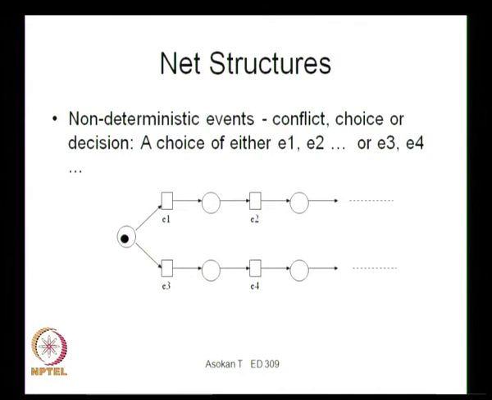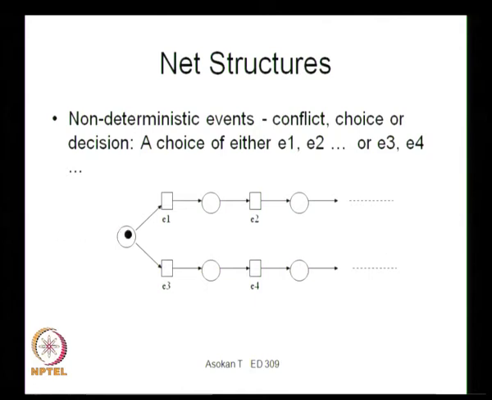So in this situation, only one of these transitions can take place. Then E1, E2 etc. will happen, or if this is started, then E3, E4 etc. will start. So not concurrently, only one group will be executing. As you can see here, if E3 event is happening, then E1 cannot happen because there is no token available here. So E1 cannot happen unless the token comes back to this position. So E3 will happen, then E4 will happen, and it will continue like this until it reaches one point where the token is returned back to this position. Until then E1 cannot start. So that is the choice for a particular situation.